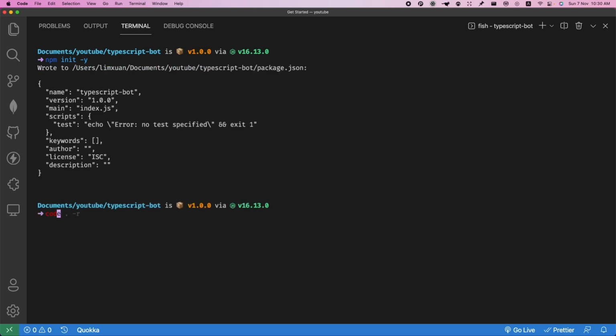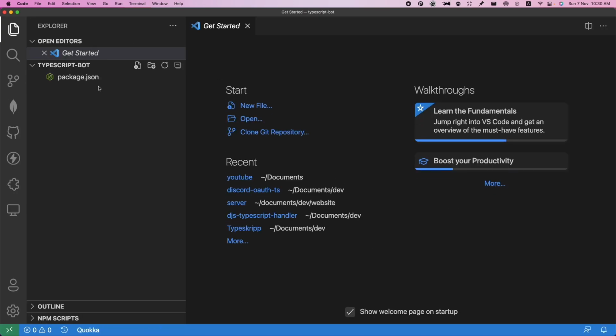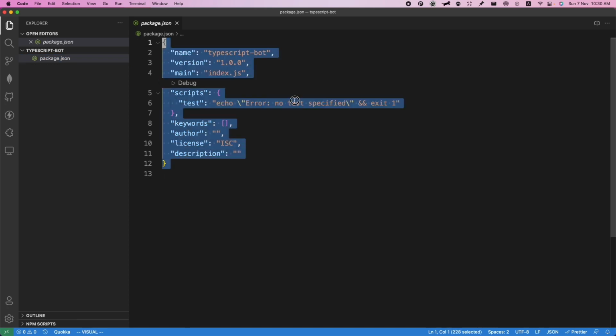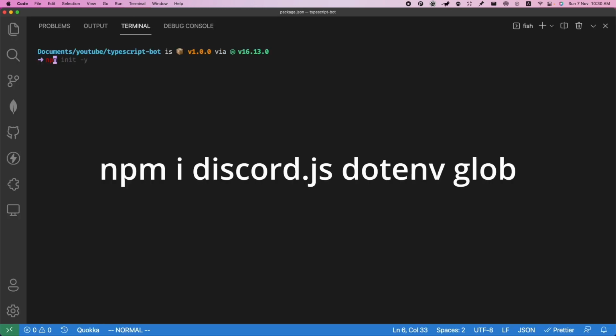Alright, and then if I open the code right now and click on package.json, you can see that we have our package.json. Once this is done, we need to install some dependencies. So let's quickly do that. Let's run npm i